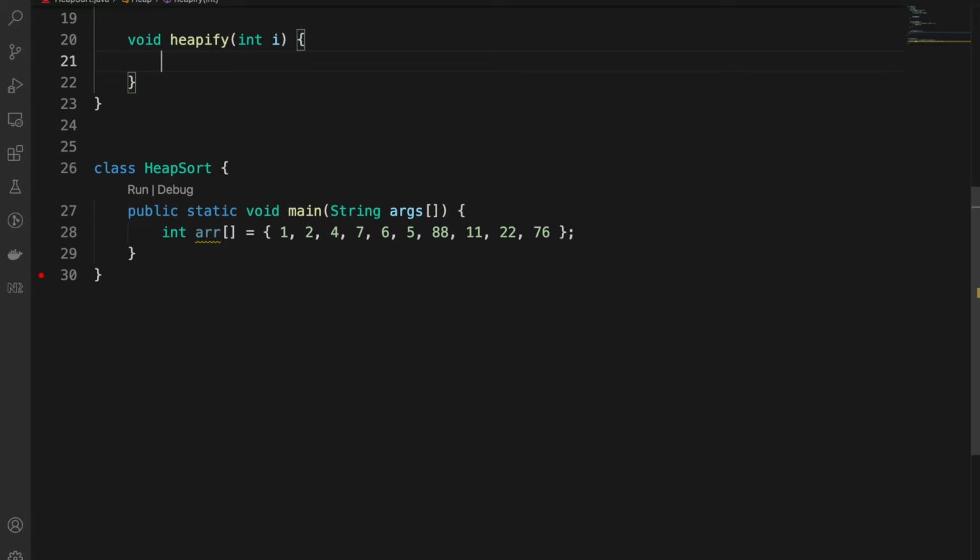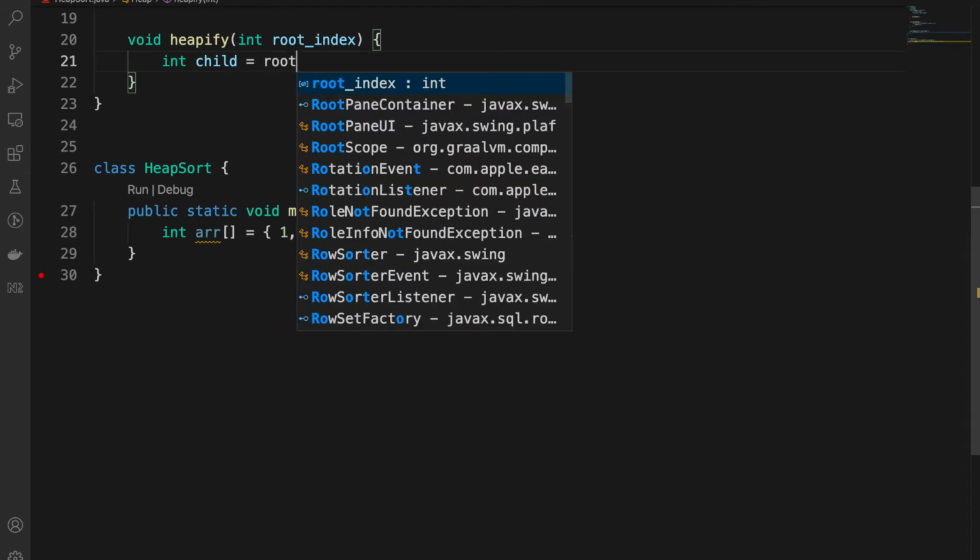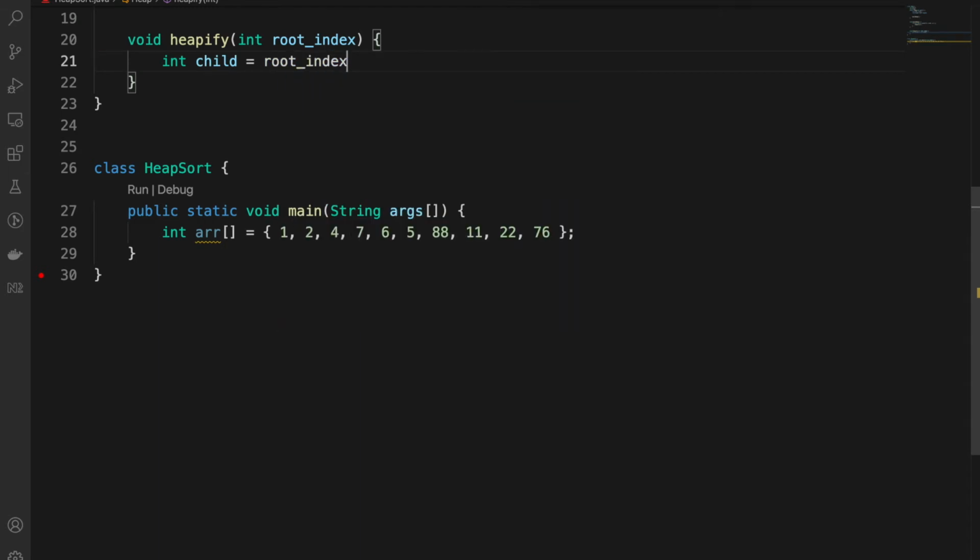So what this method does is it will take a root node, so we'll call it root index, and with this root index it will try to find out the left child and the right child. Since the left child and the right child have a difference of 1 between their indexes, I'll just use the left child and derive the right child by adding 1 to it. So that's your left child,